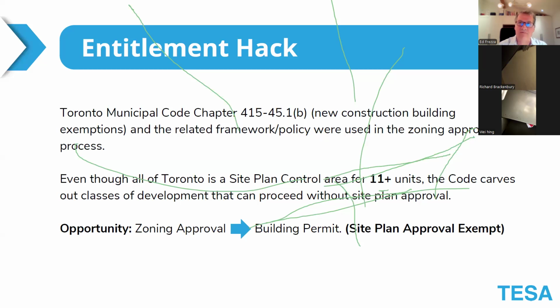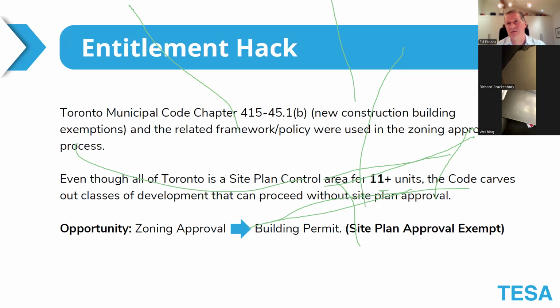So anything of 11 units or more suddenly requires a site plan approval. That's why we typically tell clients that your sweet spot is 4 plus 1 to 10. Why 4 plus 1? Because 4 plus 1 equals 5, and 5 is the minimum number of units you need to conform to CMHC MLI Select. Why 10 is the upper unit? Because 10 units and under, you don't need to go for site plan approval. Why don't you want to go to site plan approval? Because it's timely and expensive. You want to avoid that.